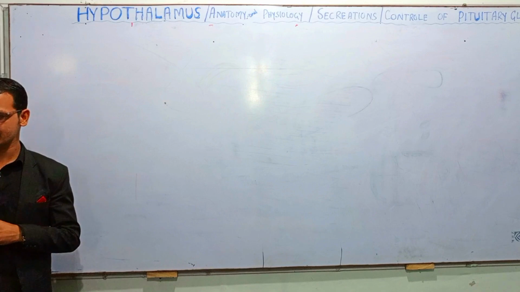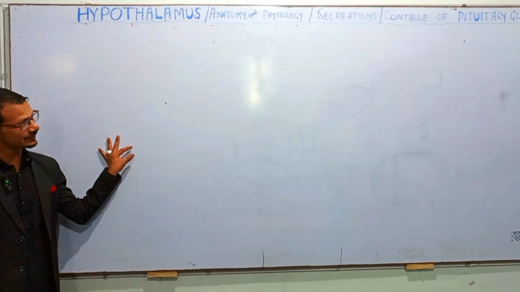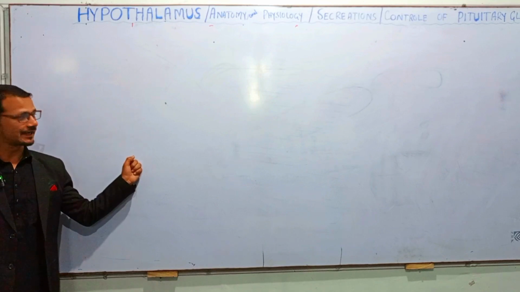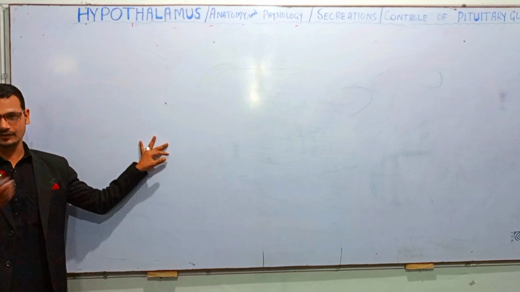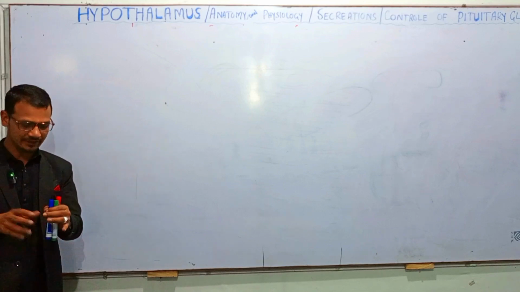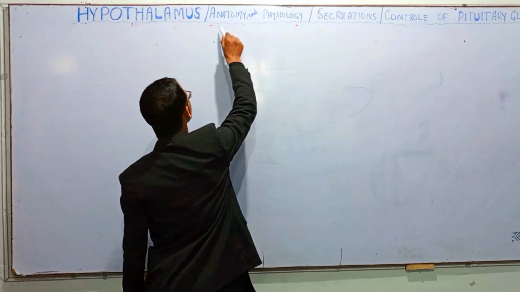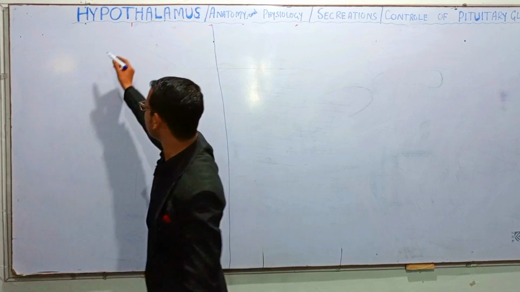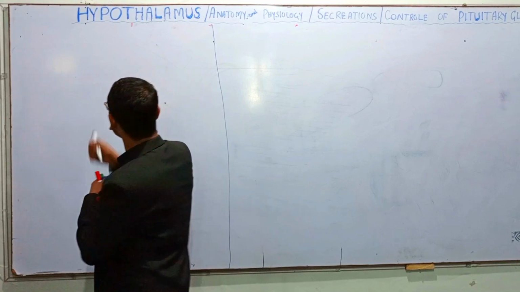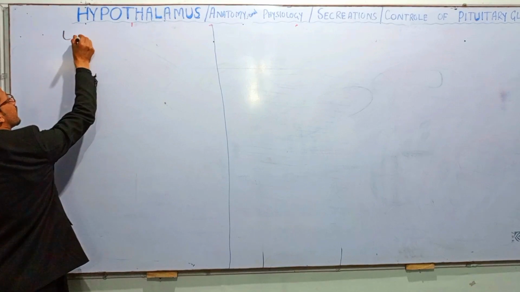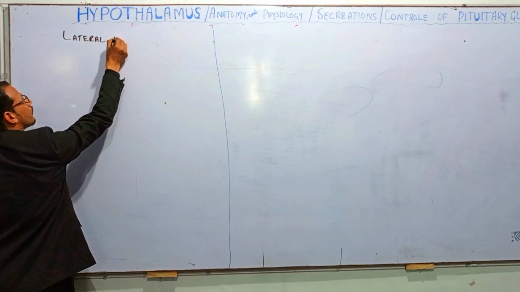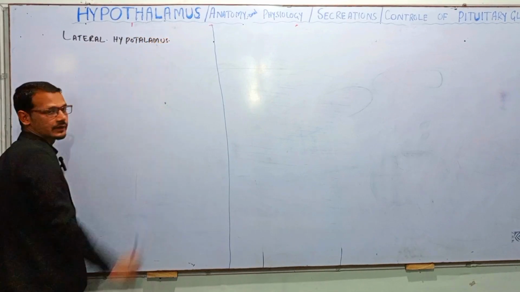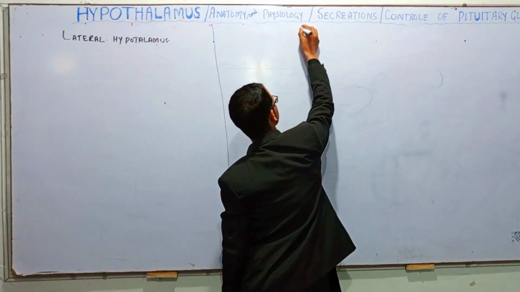Now we will divide this hypothalamus. We will take that this board is the hypothalamus. The full board is the hypothalamus, and we will divide it into the lateral and medial sides, right? For easiness, I am dividing this board in two parts. Here we will discuss the lateral hypothalamus, right? And here we will discuss the medial